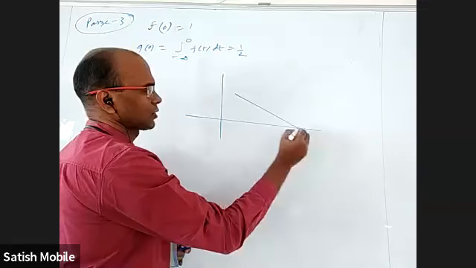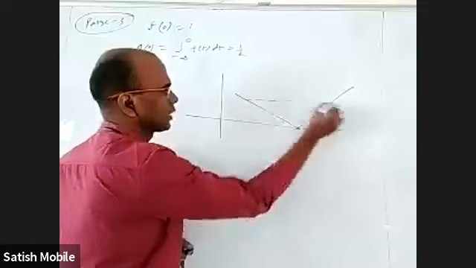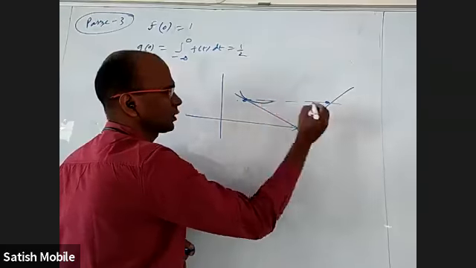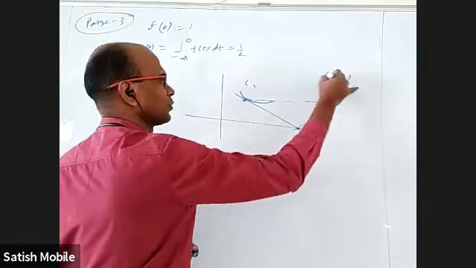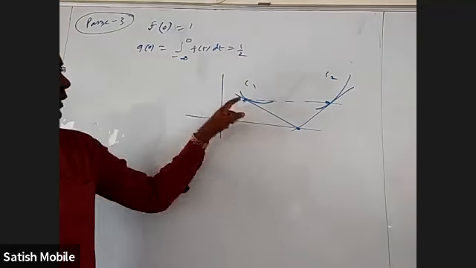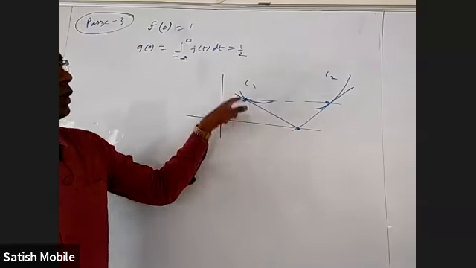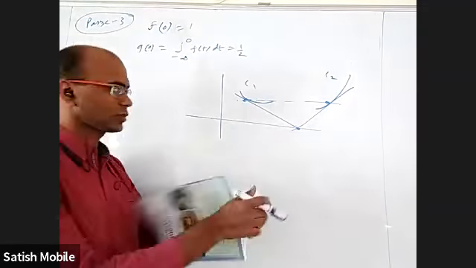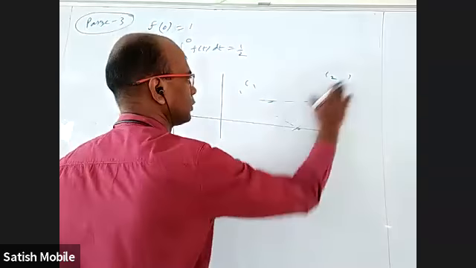I have two curves. One tangent is to the first curve, one tangent is to the second curve. Take equal abscissa like this. This is one curve and this is another curve, curve 1 and curve 2. You take curve 1 and take a particular point. On curve 2 also take a point whose abscissa should be the same, not different.